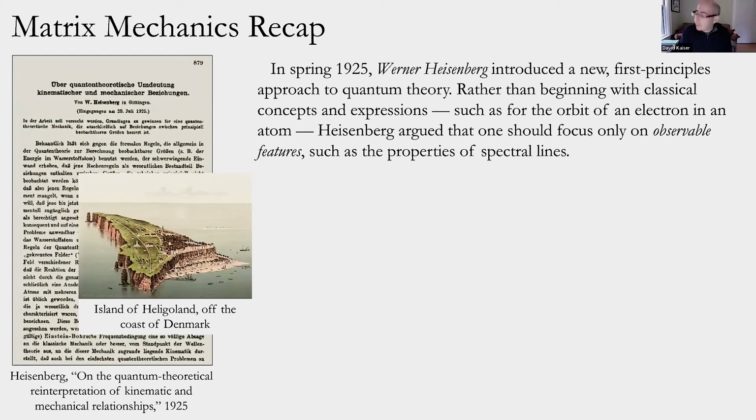And Heisenberg and his very good friend from grad school days, Wolfgang Pauli, and a lot of these younger folks were, by the mid-1920s, looking to do something different. They wanted to have a first principles theory all its own that might account for phenomena at the atomic scale or smaller. And we saw last time Heisenberg in particular was guided by a kind of approach that sounded very much